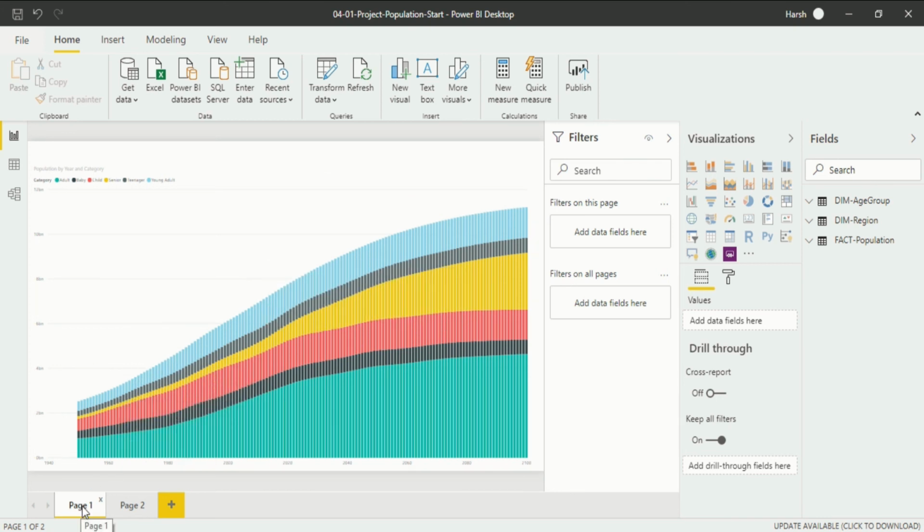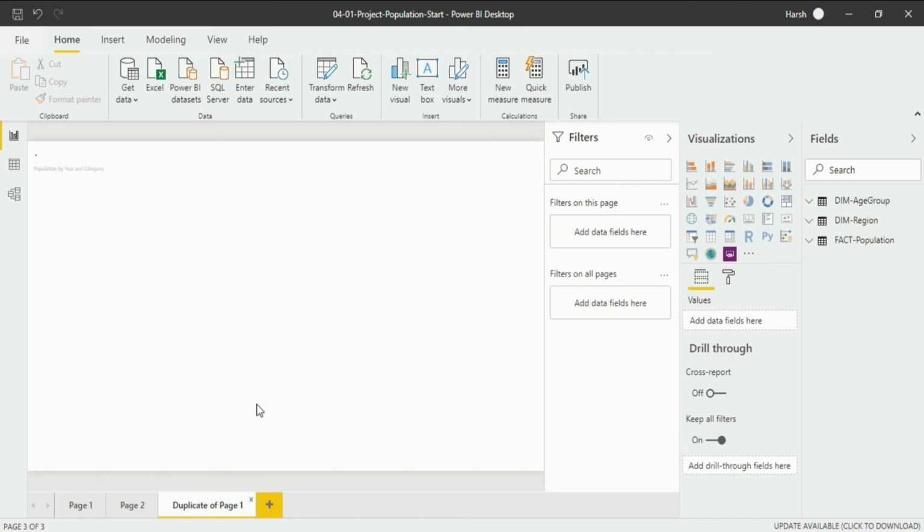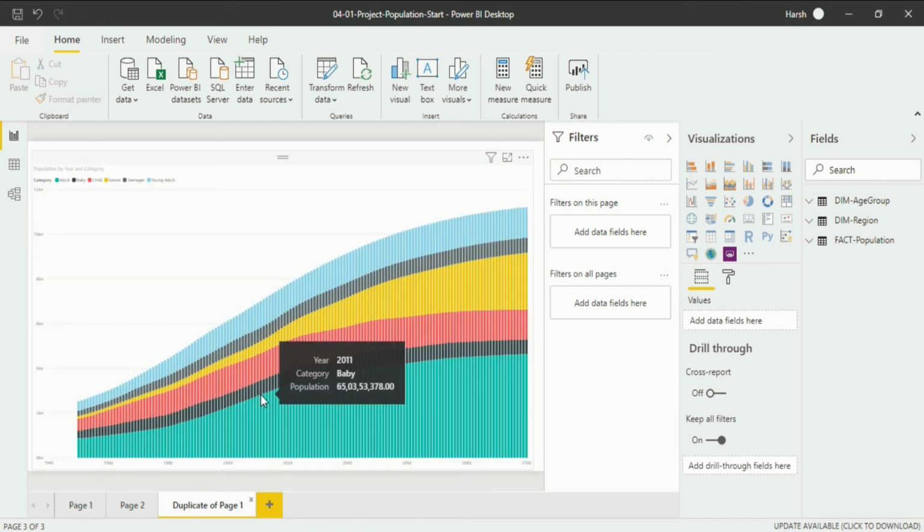On the page, when you right click the mouse you will see an option that is duplicate page. When you click on duplicate page, a new page will be created which is named duplicate of Page 1. You can change the name of it by just double clicking on it, while you can see the visualization that is available in Page 1 is also available in duplicate of Page 1. So this is how you will make a duplicate of a page, or you can say a visualization.